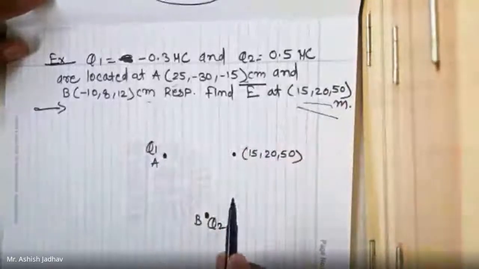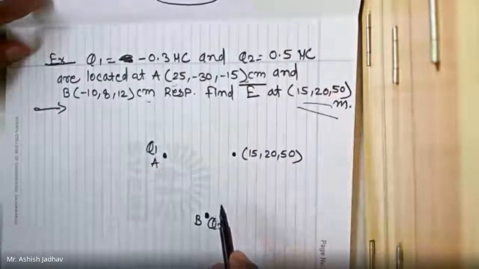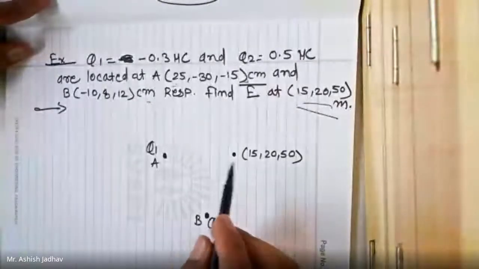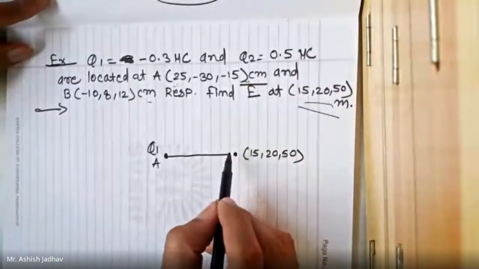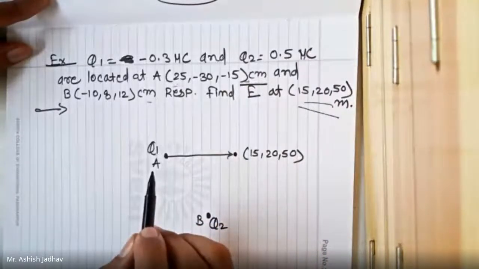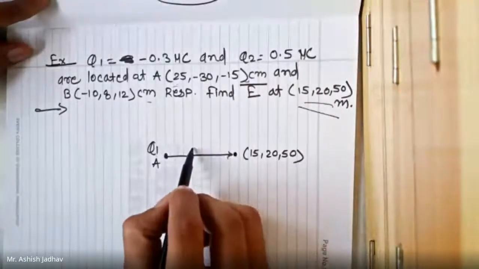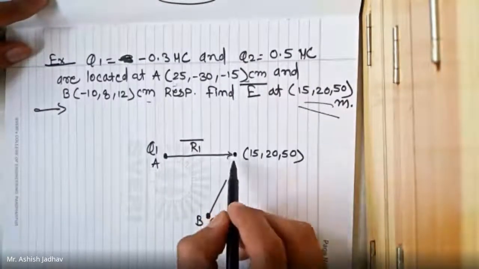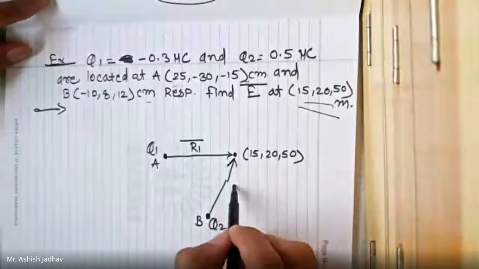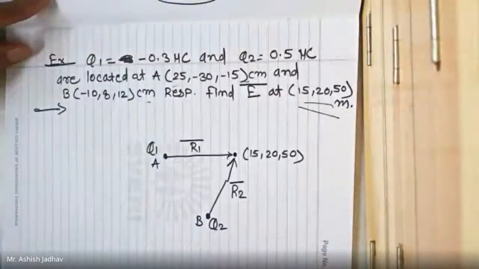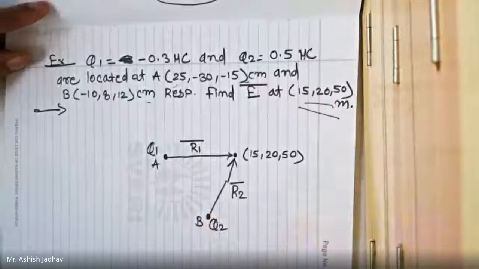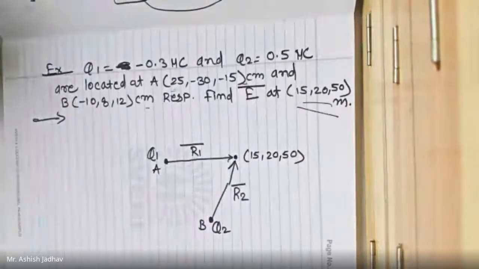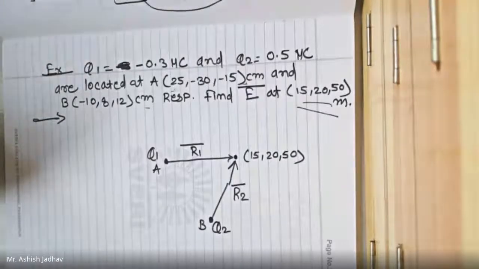You have to convert them into meters before doing anything. After that, you can find the vector from A to that point. That will be your R1, and you need to find the vector from Q2 to that point, called R2. Once you get the magnitudes and the unit vectors of those two vectors, you can find